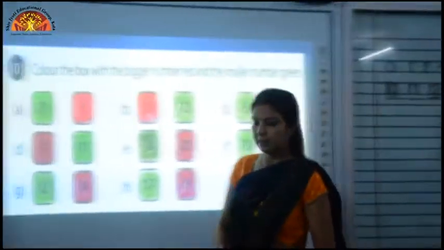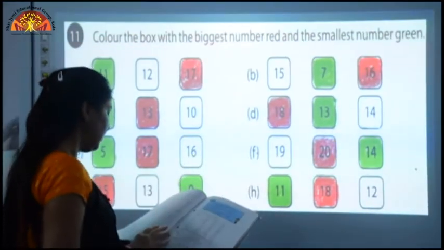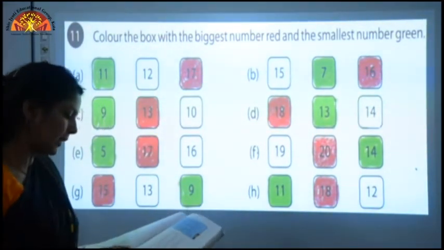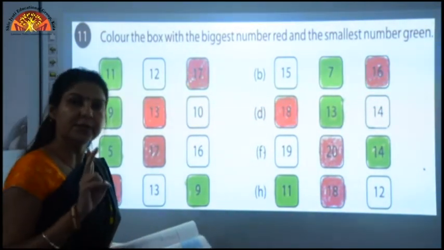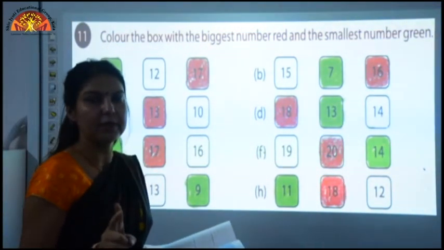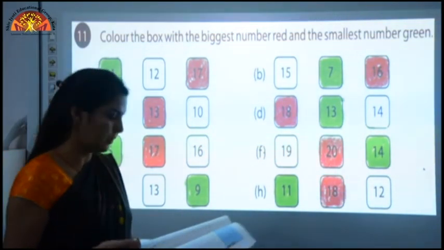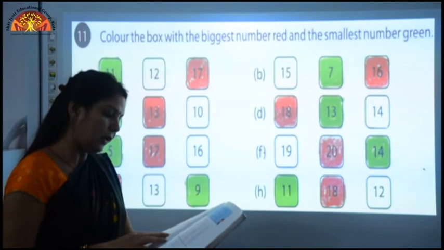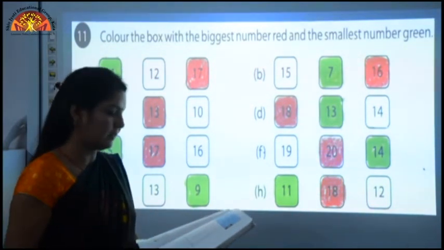Now, see the next question. Question number 11. Color the box with the biggest number red and the smallest number green. Here children, three numbers are given. What you have to do? Again you have to find out the biggest and smaller. The smaller number you have to fill with green and the bigger number you have to fill with the red color.